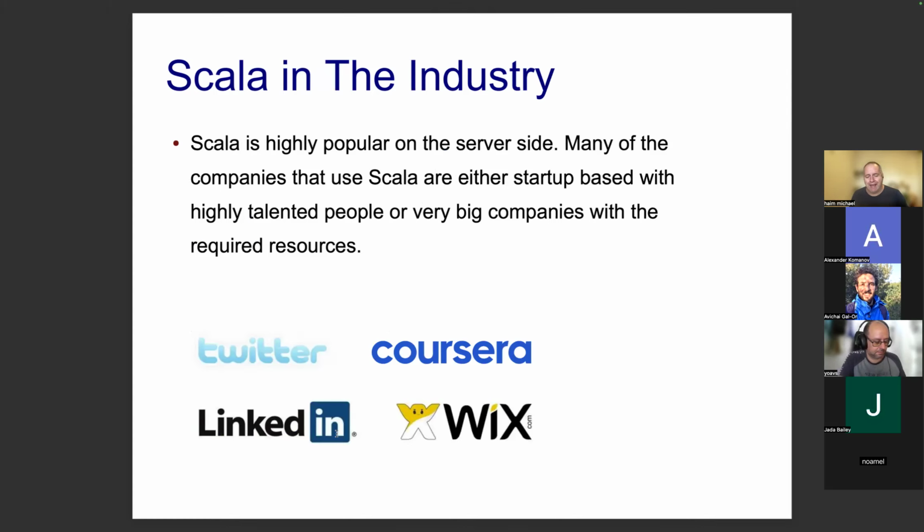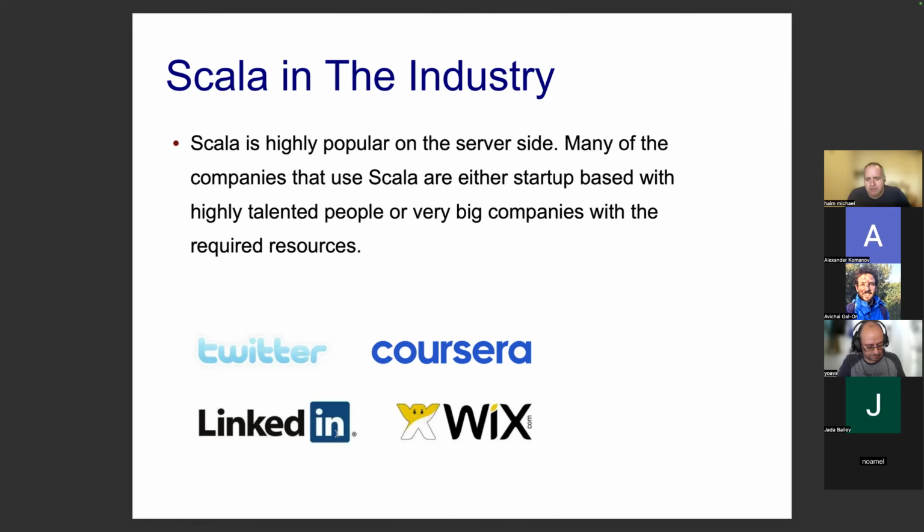Now, let's talk about what happens in the industry with Scala. As I've already told you, I'm with Scala since its early days. You will find Scala highly popular mainly on the server side. Even though you can use Scala in order to develop client applications or even applications for the Android platform, usually it doesn't happen. Scala is well familiar to companies on the server side. The main use of Scala is on the server side, and to be more accurate, usually it is when dealing with big data, and I will talk about it later.